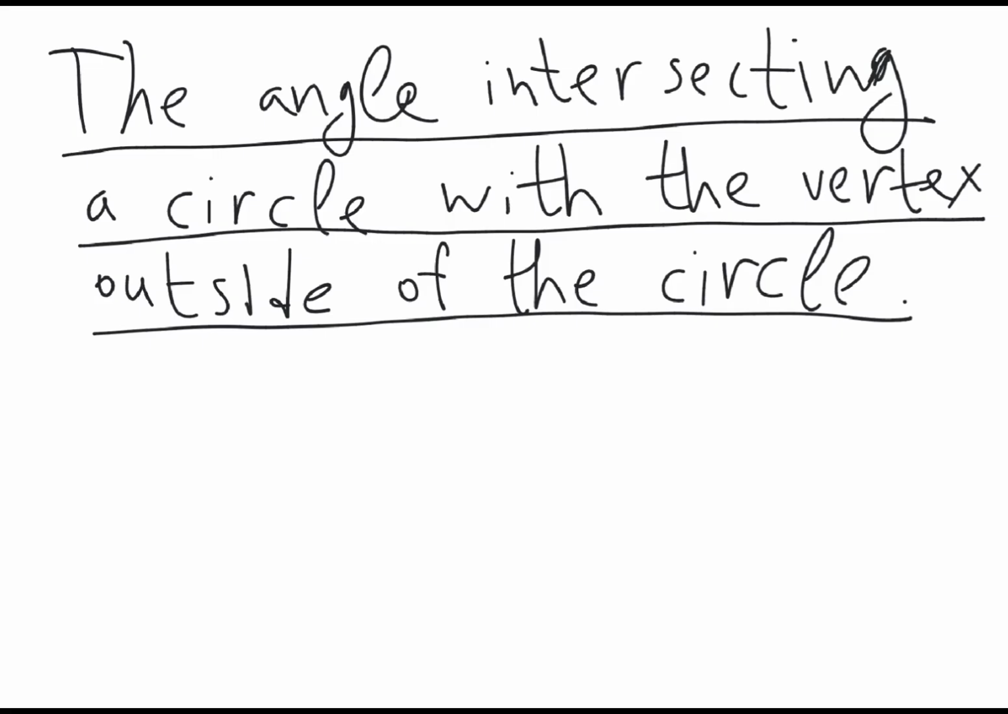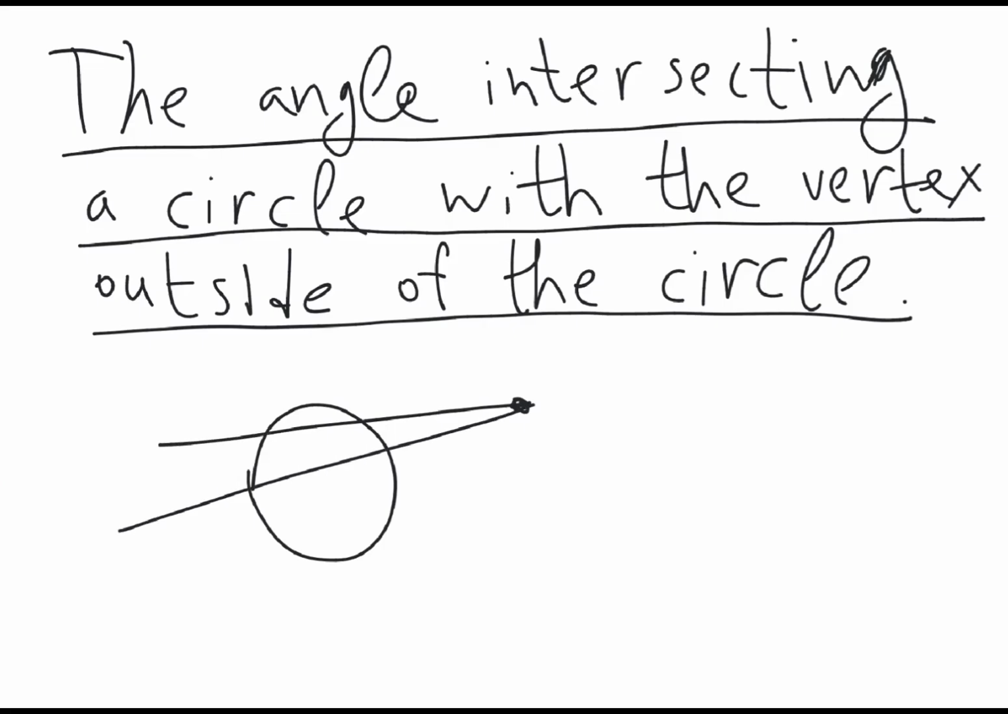Okay, in this video I'm going to talk about the angle intersecting a circle with the vertex outside of the circle. So basically we have a circle like this. We have an angle. So this is the vertex of the angle, and let's say that it intersects the circle like this. And now the problem is how to express the angle in terms of the arcs of the circle that it cuts from the circle. So from these